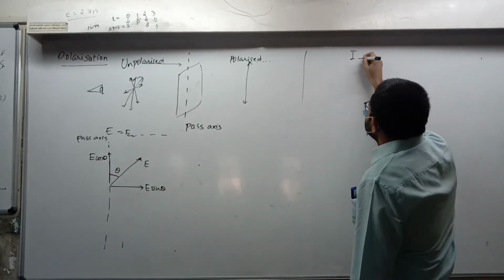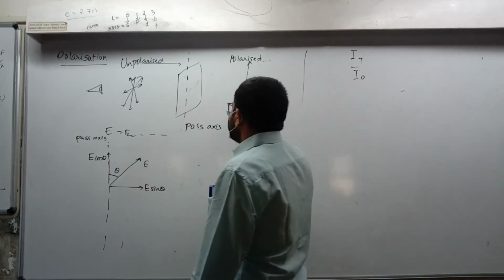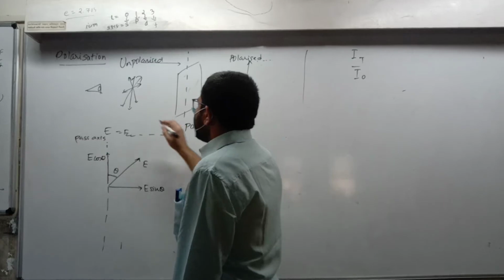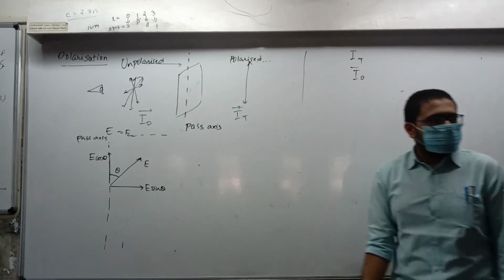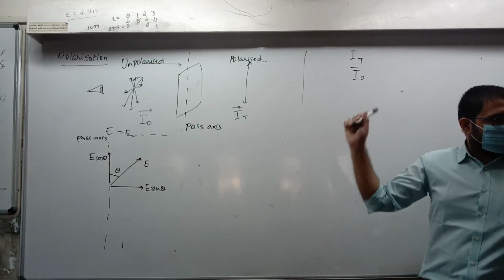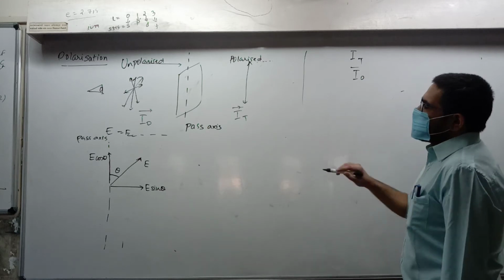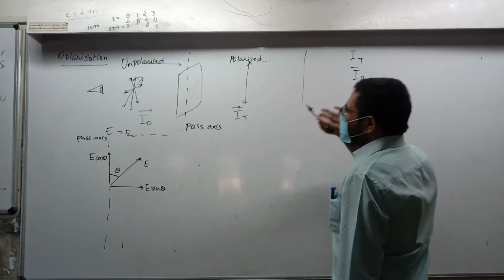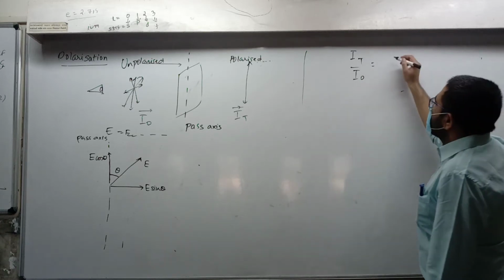So do you agree that IT upon I0, where IT is the transmitted intensity and I0 is the original intensity? Symbols clear? Incident, transmitted. It's not a vector, don't consider it a vector. So IT by I0 is equal to